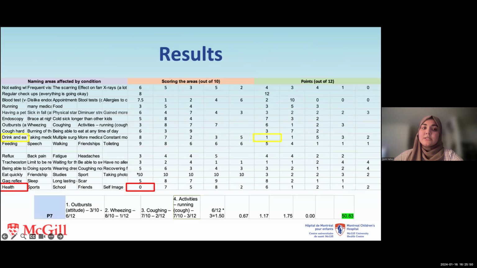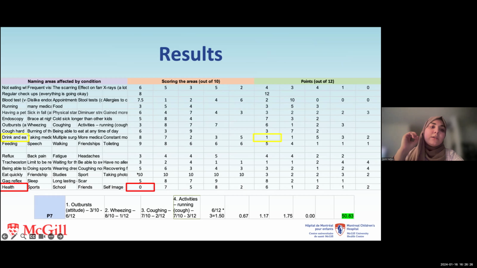So here are the results. This is, as you can see on the far left, the text threads, the domains that children have identified and they have scored. So each column, each domain is associated with their respective rating. So the middle portion is a rating out of 10, 0 being the worst you can imagine, 10 being the best, and the next columns are the points that are associated. So the gold coins that they've given to